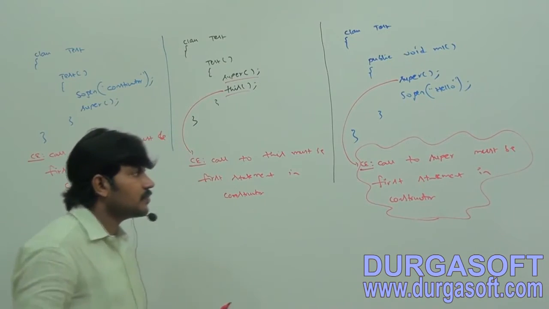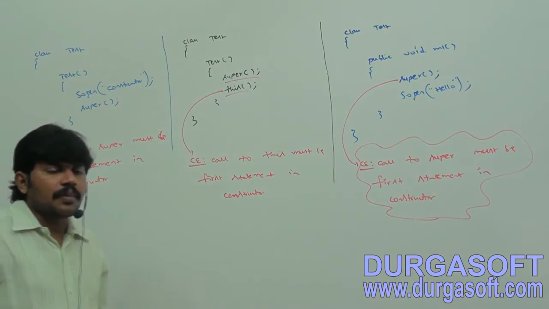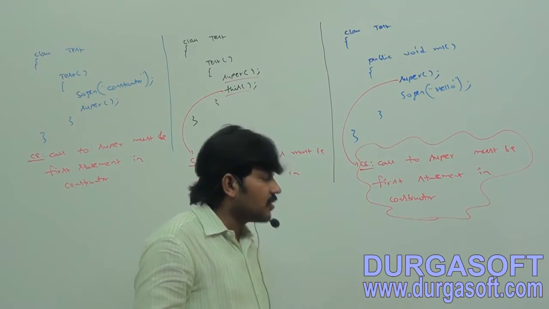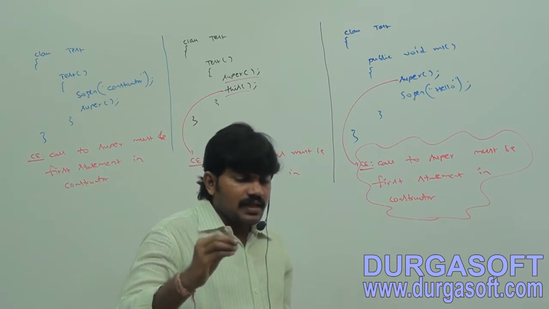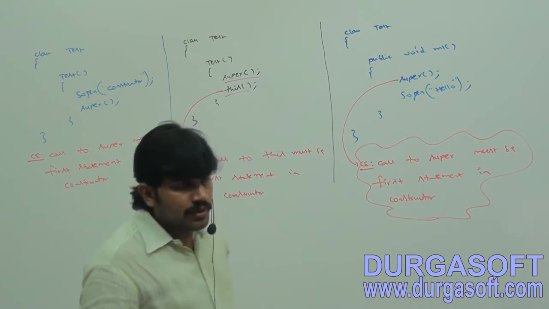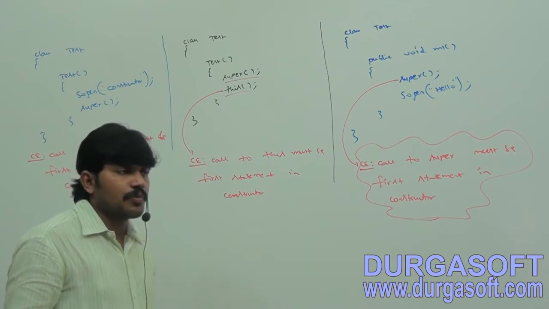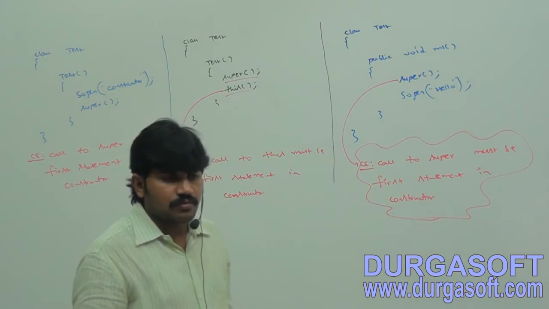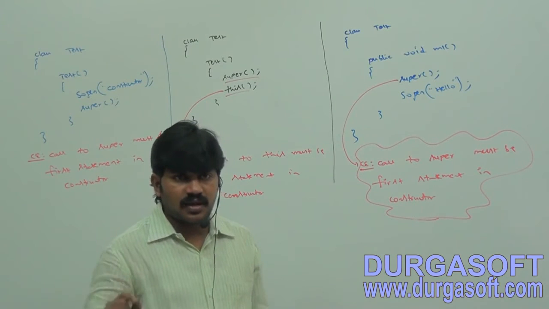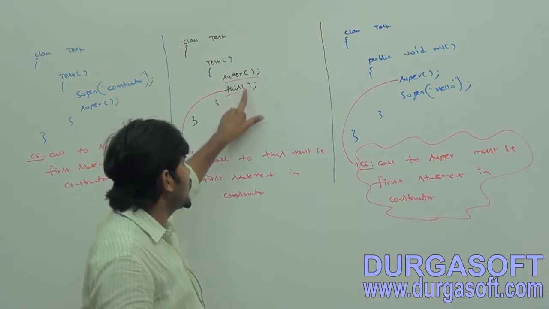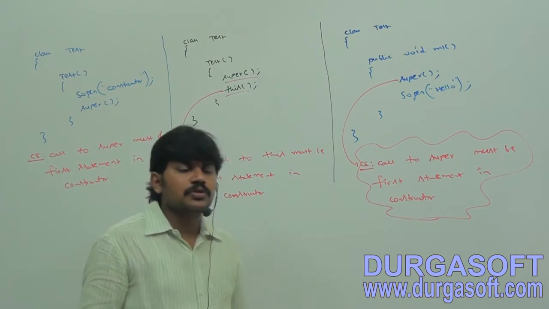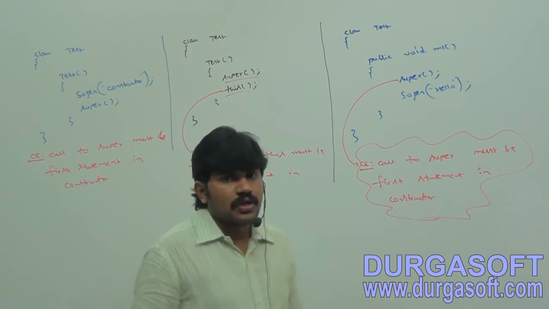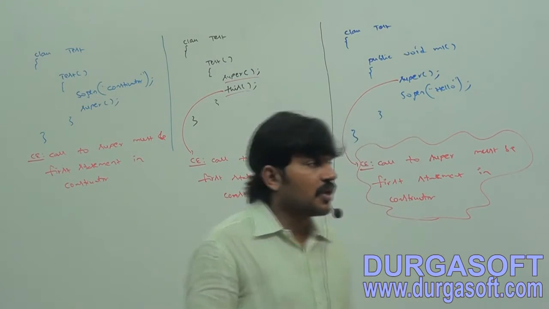Add case 3. We can use super or this only inside a constructor. Super means super(), or this(). Compulsorily, don't write super() or this() outside. We can use super or this only inside a constructor.